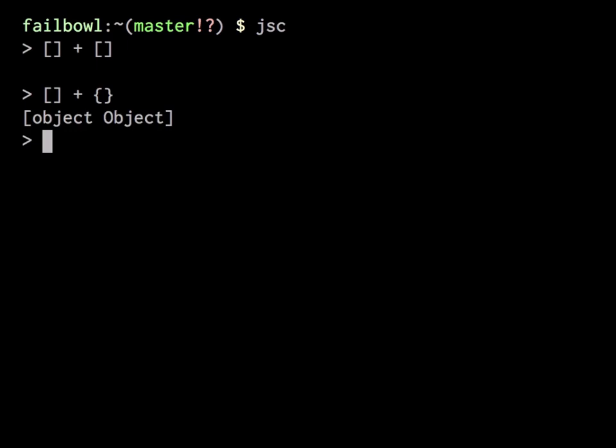Now, of course, because this is plus, you can flip the operands and the same thing comes out. So if we do, what? No, that's just an object. If you do object plus array, you should get exactly the same thing, which, as you can see, you do. And finally, the only one of these that's actually true is, because you add arrays, you get empty string, that doesn't make sense. But an object plus an object is actually not a number, technically. So this one's actually right.